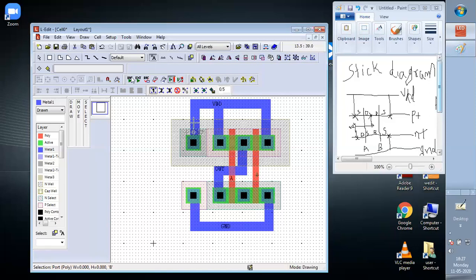After this, we can check the DRC and we can extract it through this button. When we extract this, it will show the tSpice file, and after the tSpice file, all things will remain same as we have done in the schematic editor, right? So that is